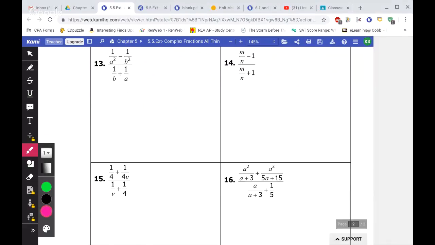Neither the numerator nor the denominator is a single fraction. So we're going to have to get a common denominator for both the top and the bottom in order to get them to a single fraction. So we're going to multiply this fraction. It would be missing a b squared over a b squared, and this fraction in the numerator is missing an a squared. So on the left, we'll multiply b squared